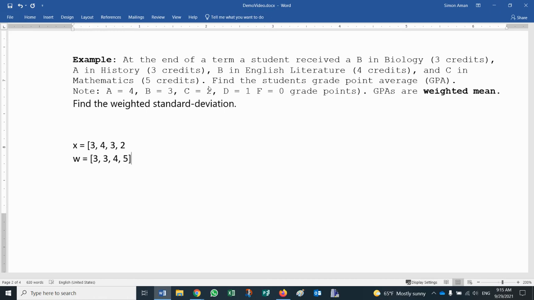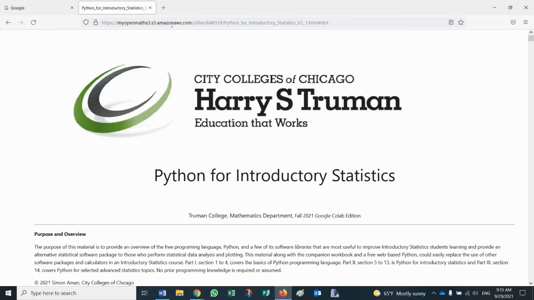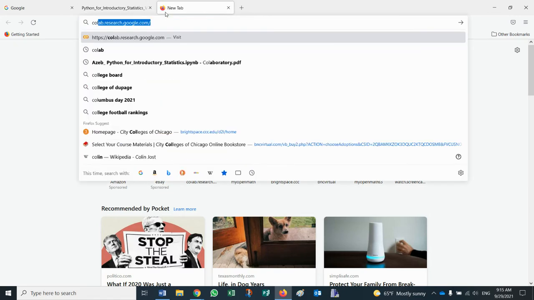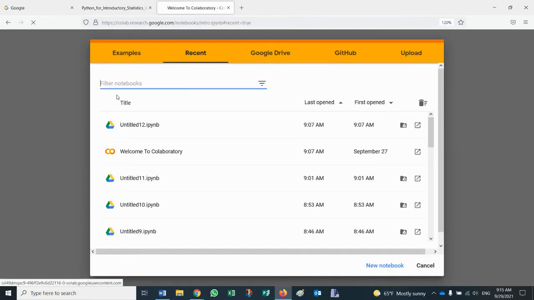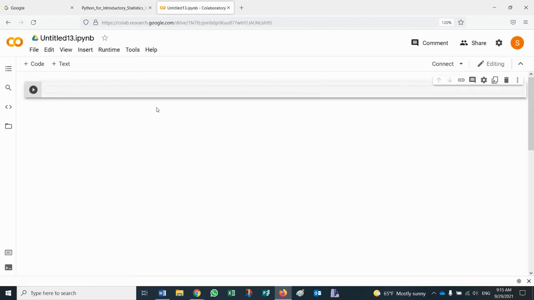So now we have both the weights and the grade points together, so we can copy this and take it to our Google Colab. All right. So let's go to Colab. Let me search here for Colab, so it's already there. All right. So let's use a new notebook. All right. So we're going to import